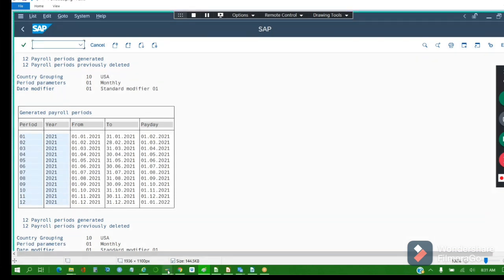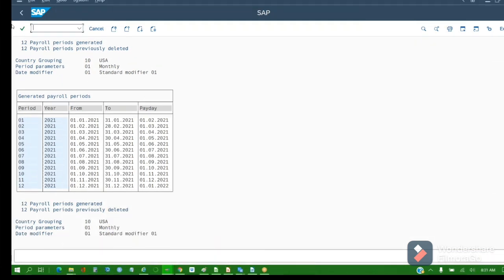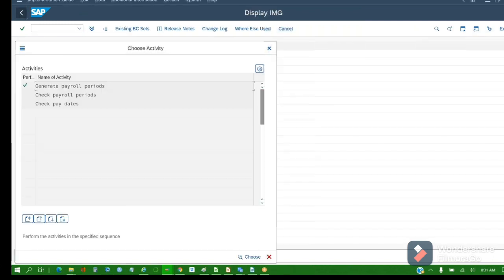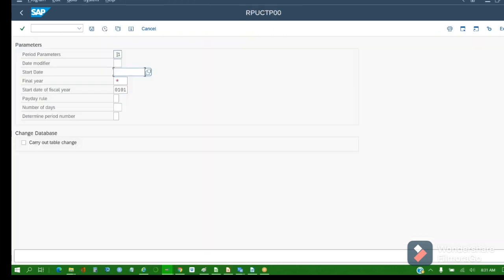Back. Back. Here give your own period parameter. Again click on the determine payroll period. Everything is same. What was that? 33. 66. Start date.